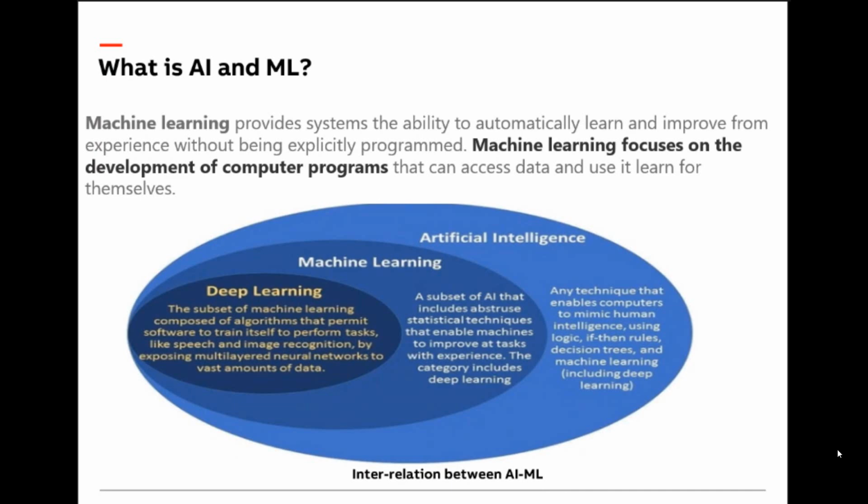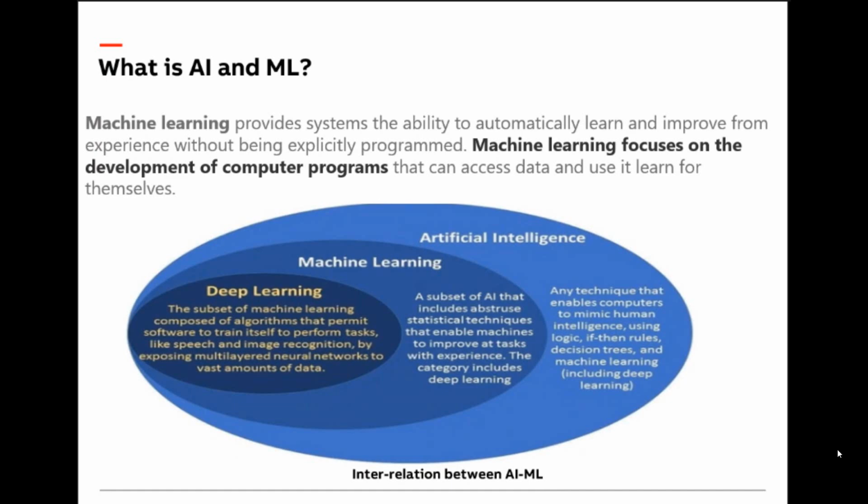In this video, we are going to learn about AI ML, and that is a data science thing. So, if you see the interrelationship between AI and ML, then you will find out that AI is the bigger subset. Inside AI, there is machine learning and deep learning. That is, machine learning is the subset of AI, that is artificial intelligence, and deep learning is the subset of machine learning.